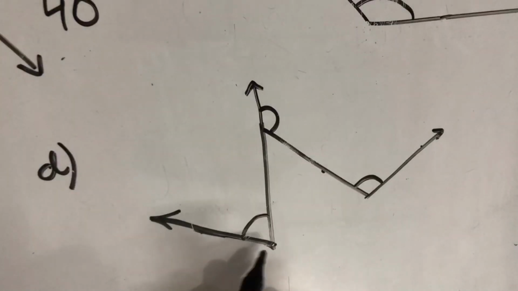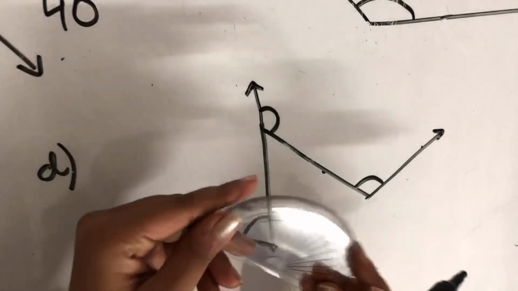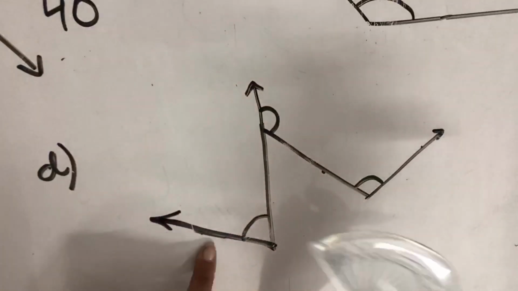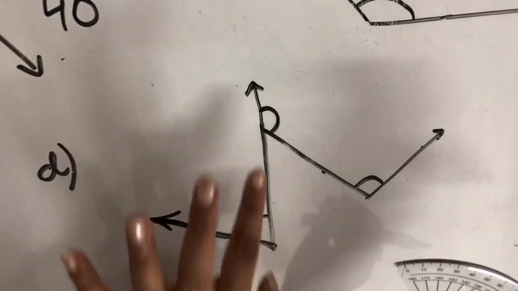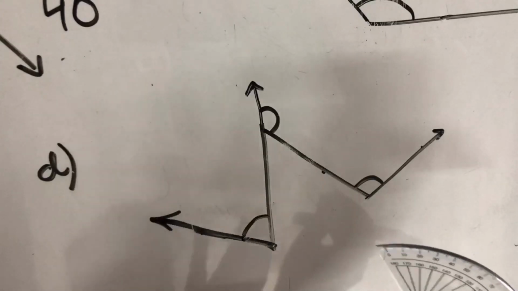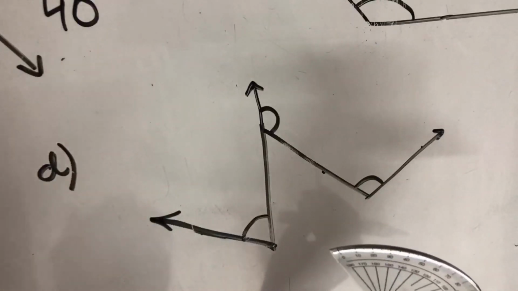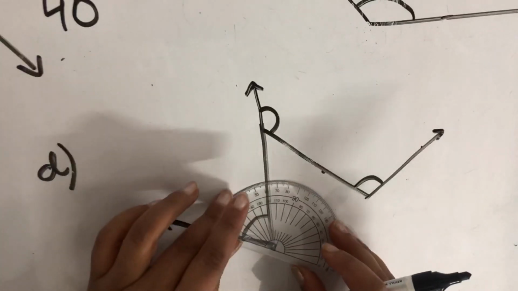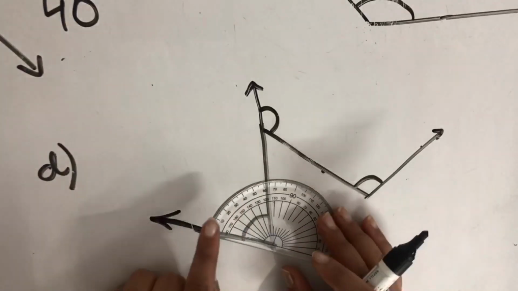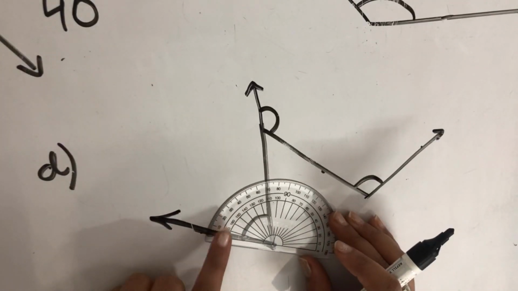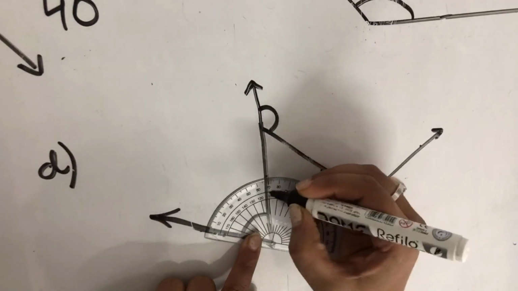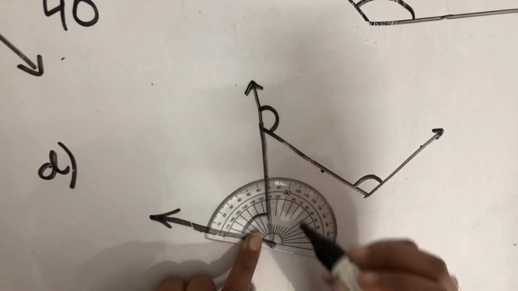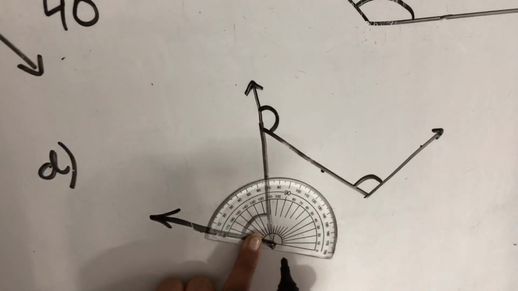Now D part, you have to measure 3 angles. So first we'll start with this one. You will keep the base line of the protractor on this arm. You can keep this line on any arm. You can keep it on this one also, on this one also. That is completely your wish. Angles will be same. So I am keeping on this arm. So now we'll see on which arm this is coinciding. This is 70 degree.